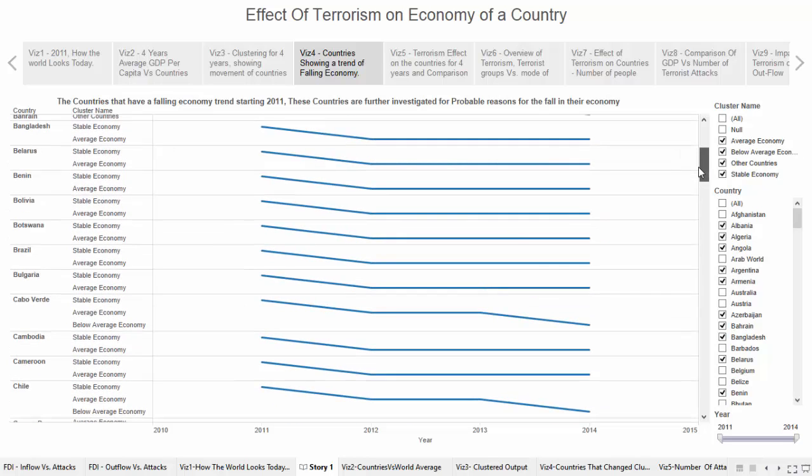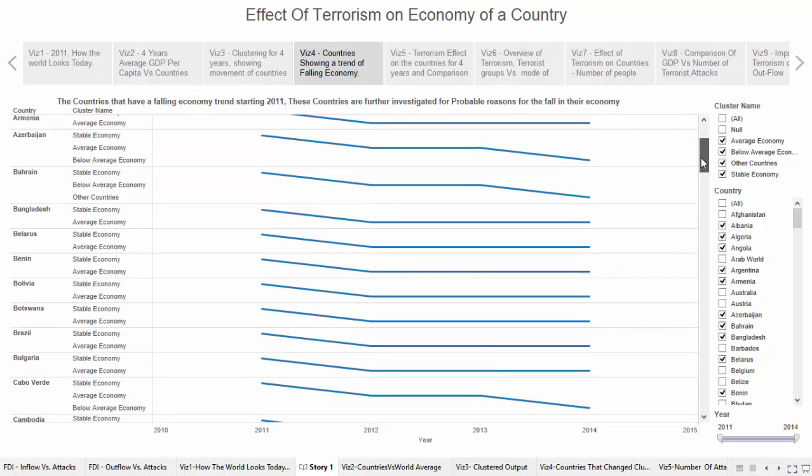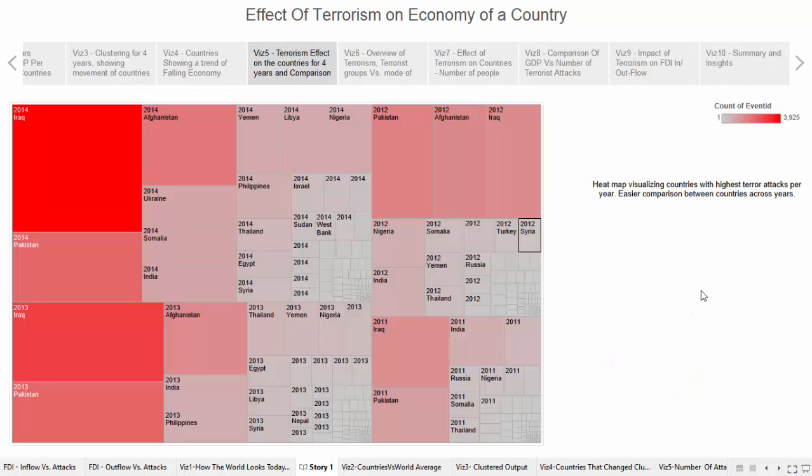We further go down to investigate what could be the probable reason for the fall in their economy. To get an answer to our previous question, we try to analyze the global terrorist data from 2011 to 2014. This is a heat map showing the intensity of attacks happening in various countries across the globe